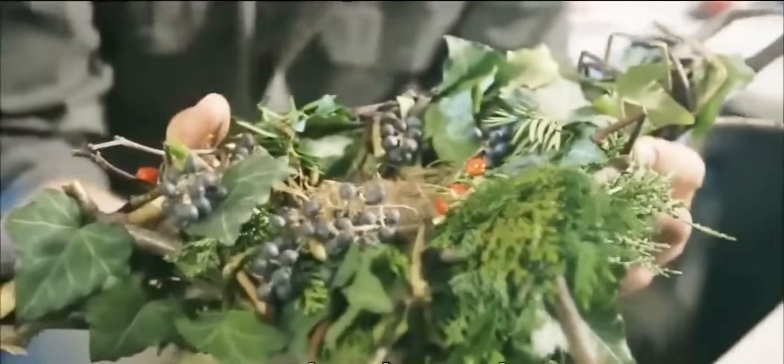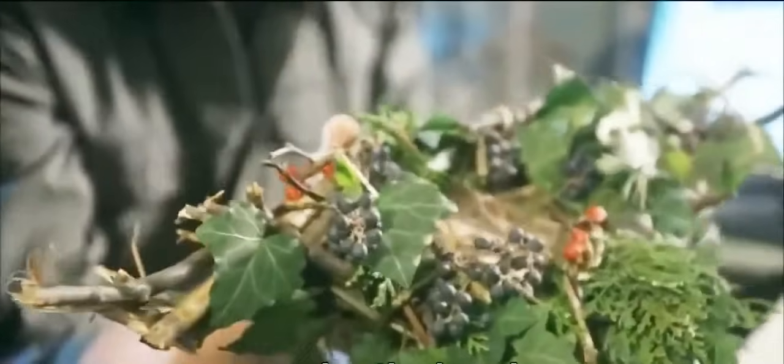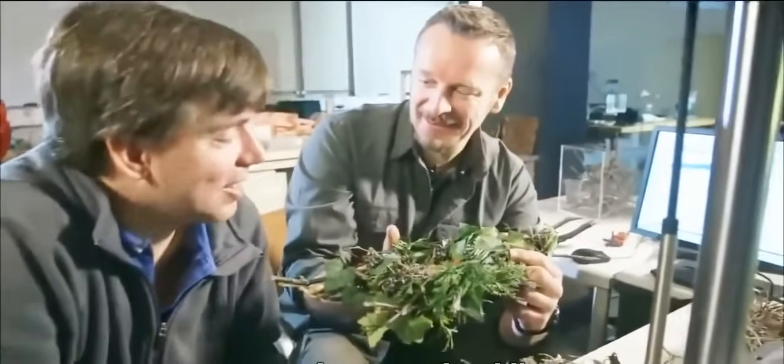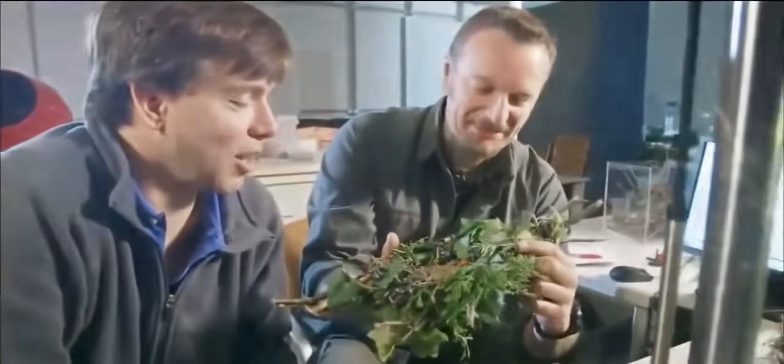Well, what's your assessment of my nest then? I think you cheated in several ways. Let's analyze this nest. So first, you're using very long, almost branches. The key issue is what can the catbird use? They can only use a small fraction of the weight of themselves, and so they're using fibers and twigs. Another thing that I noticed is that you're using ivy to wind, presumably with your fingers, around these large twigs, whereas a bird, all it has is its beak. And so you should have made this nest with your mouth and no hands. To be fair,